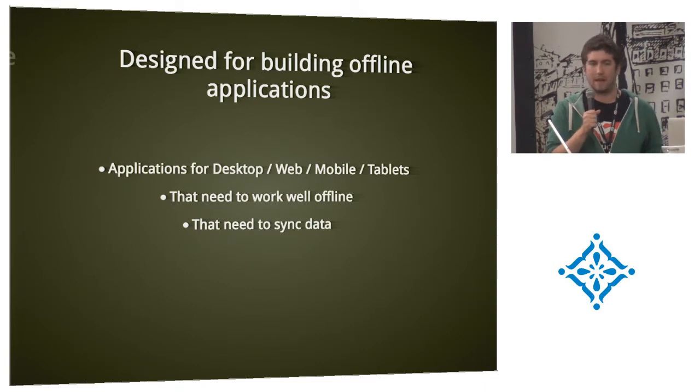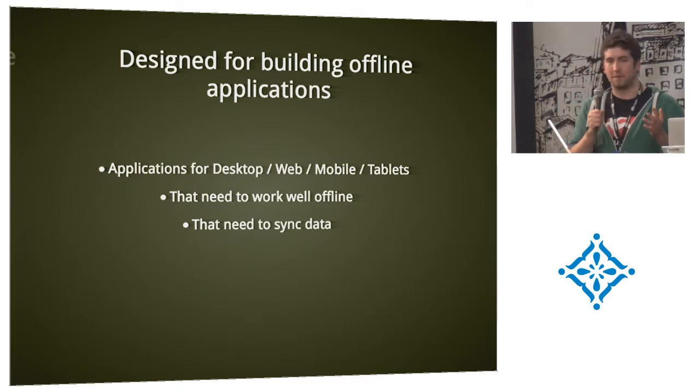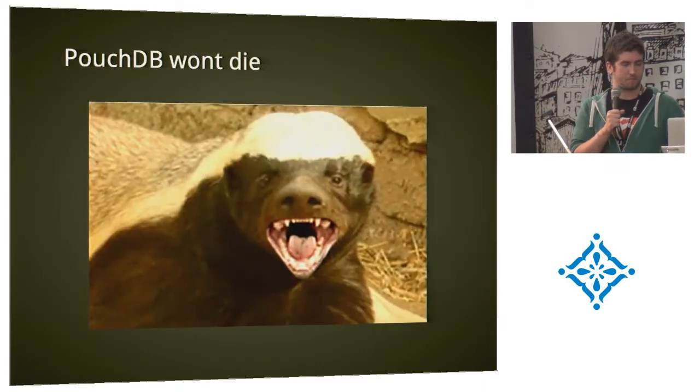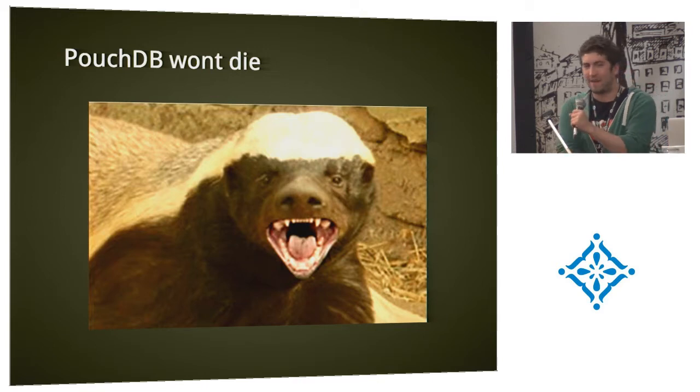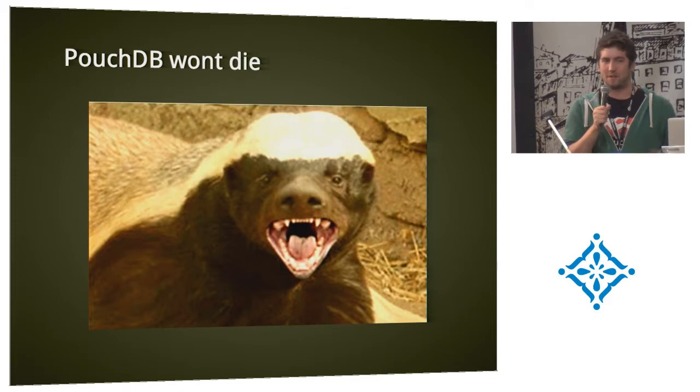CouchDB didn't have any way to build on the client side. And one of the main things, and I don't know if anybody missed the reference, is Honey Badger. Kind of like Honey Badger, PouchDB won't die. I realize that's not a very positive thing to say about somebody, but there is a very positive reason for it. So I first heard about PouchDB